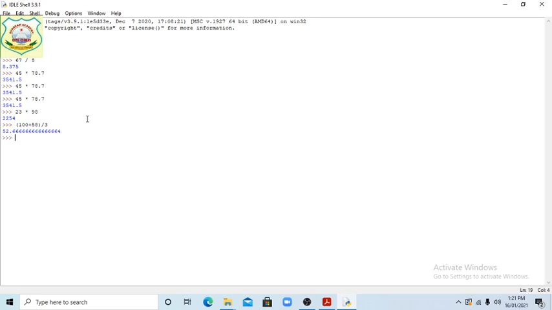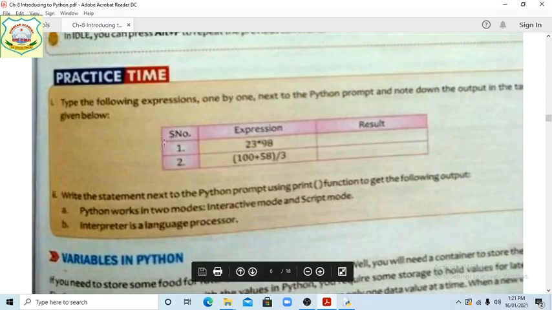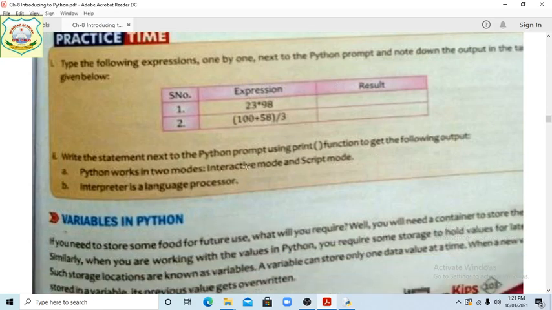Clear, students? So now we have got the results of these two expressions. Next, write the statement next to the Python prompt using a print function to get the following output.